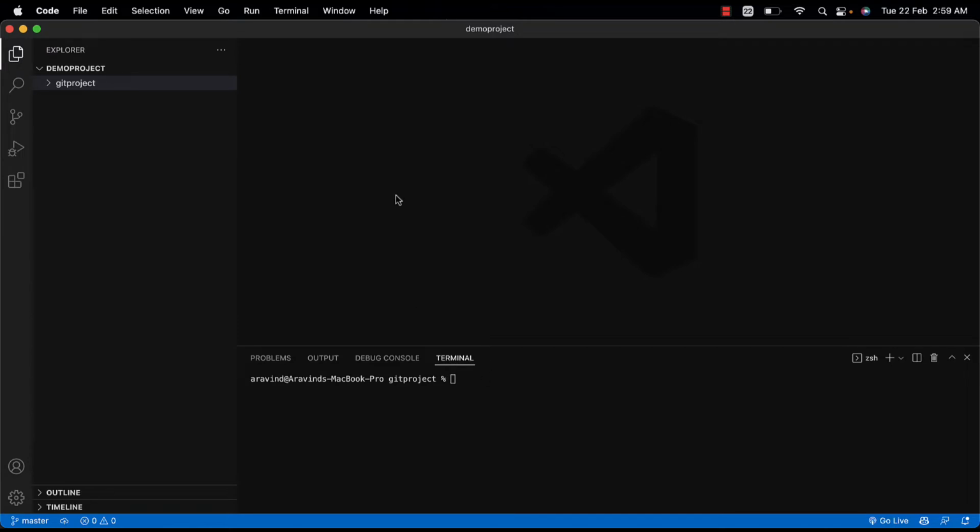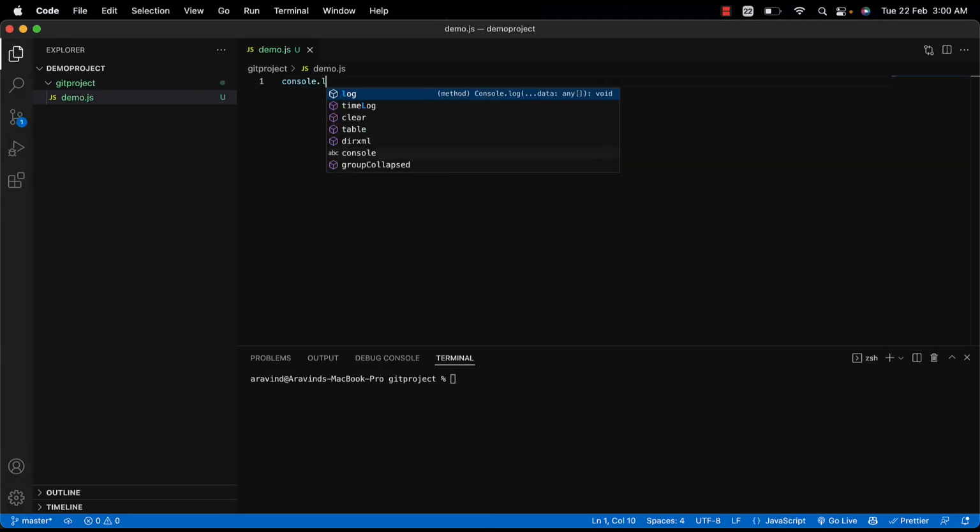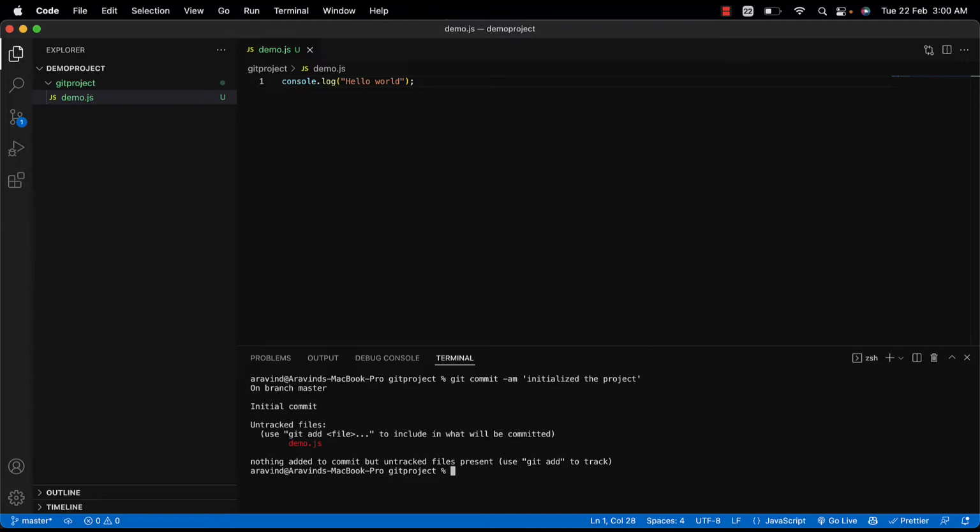Now I'm going to create a new file called demo.js, and as you might have expected, console.log hello world. So that is our first change, and I'm going to commit it with git commit. The message is: initialized the project. Okay, so we have done that, and if you're checking git log,